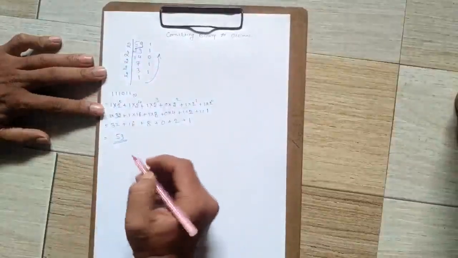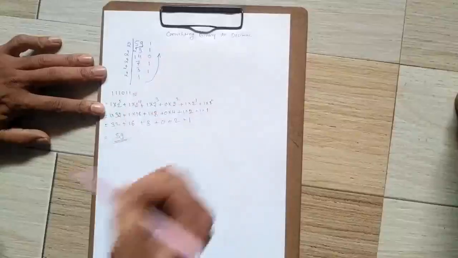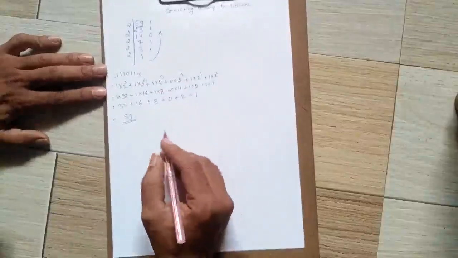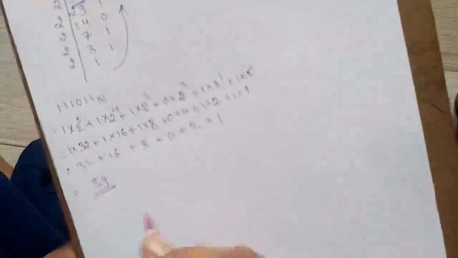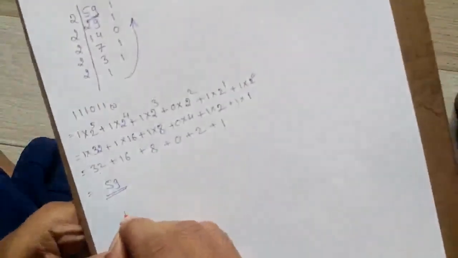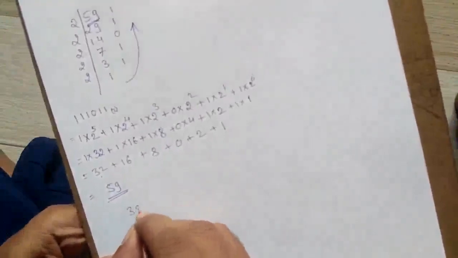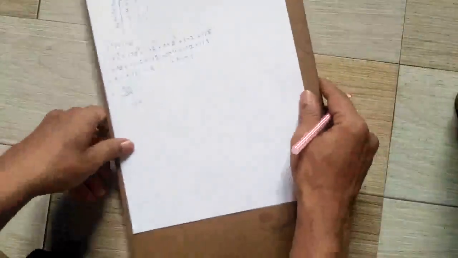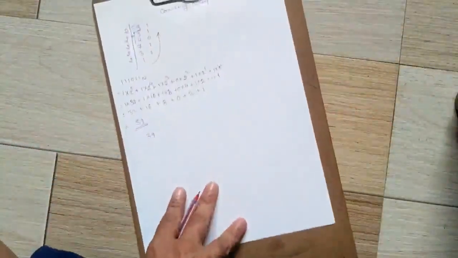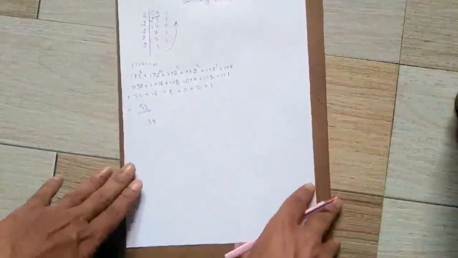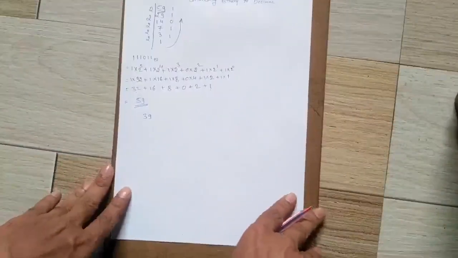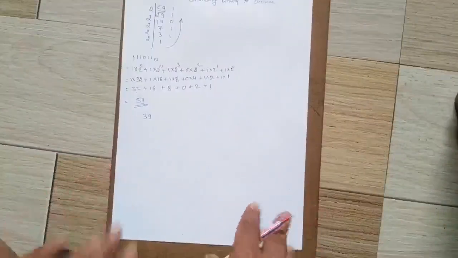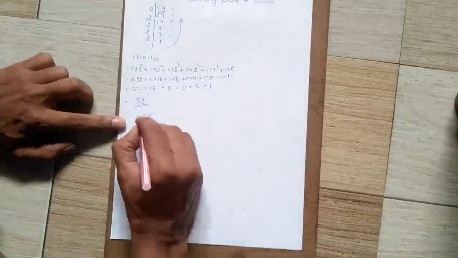Okay, so this is the way to convert a binary number to decimal form. So I'll take another example. We'll take another number. It is 39. Okay, so 39. I hope it's visible to you all because I am recording on mobile. Got it? There may be some inconvenience, so try to adjust.